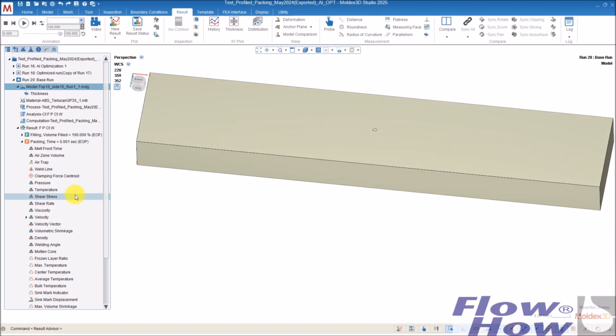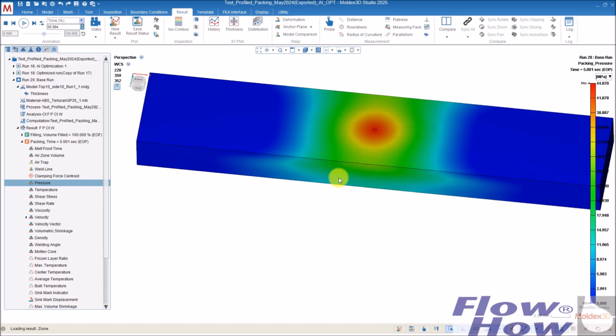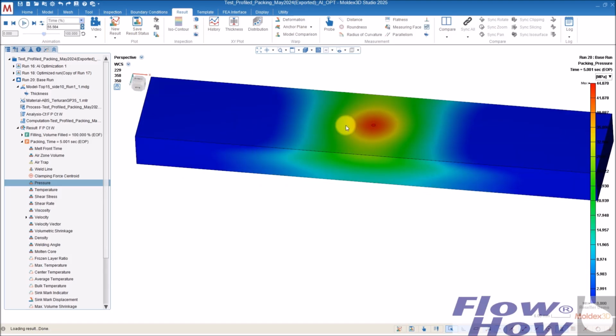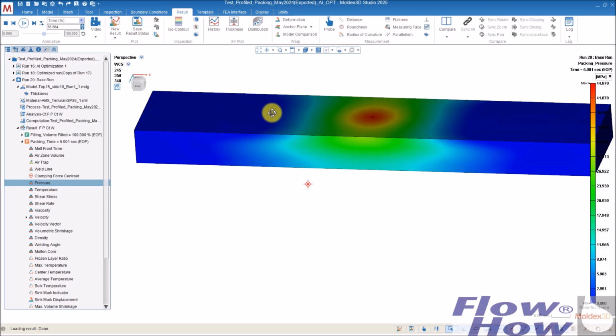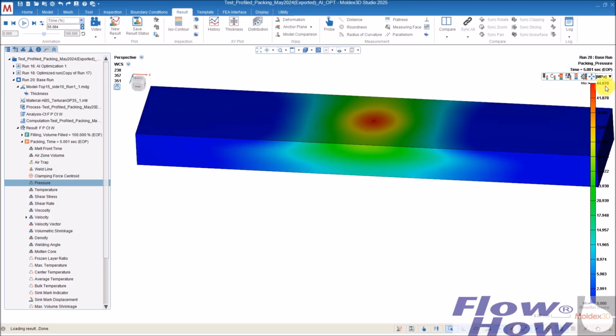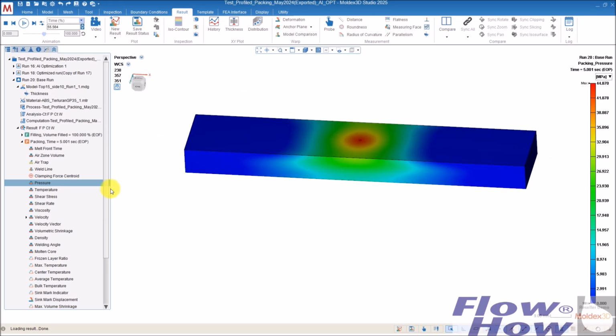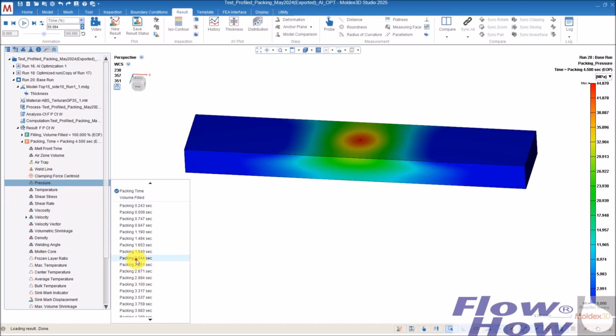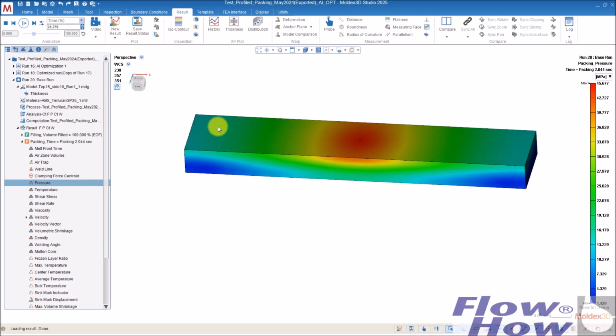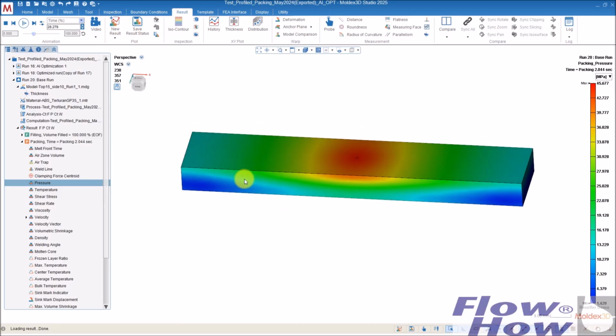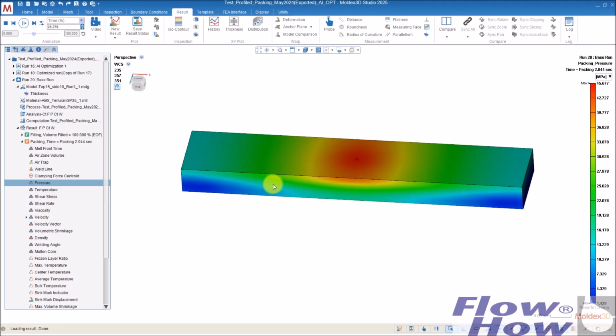So if I look at the pressure at a given time, you can see that we have a high pressure at this time at packing around the center. But if I jump a bit backwards and say, okay, after 2 seconds, we have this pressure distribution inside the cavity.